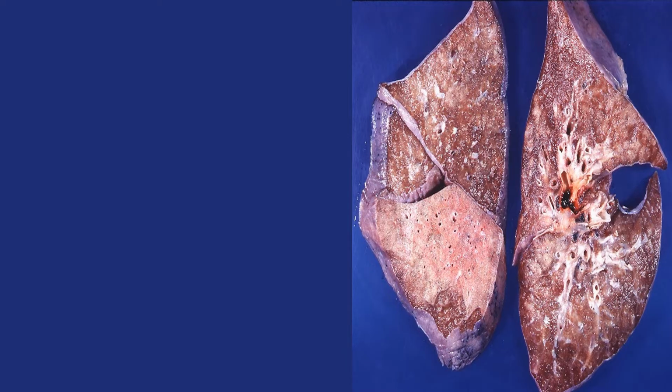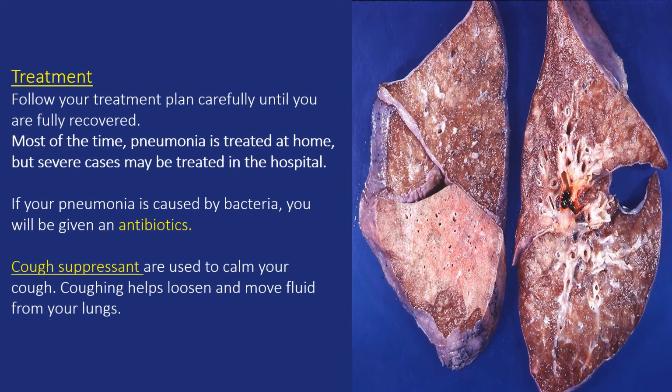Treatment for pneumonia depends on the type of pneumonia you have, how sick you are feeling, your age, and whether you have other health conditions. It's important to follow your treatment plan carefully until you are fully recovered. Most of the time, pneumonia is treated at home, but severe cases may be treated in the hospital. It can take anywhere from 1 to 6 months for a person to recover and regain strength after being hospitalized